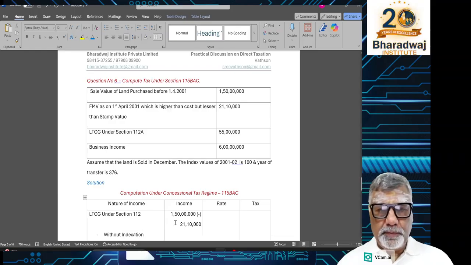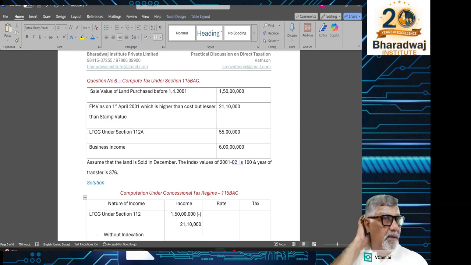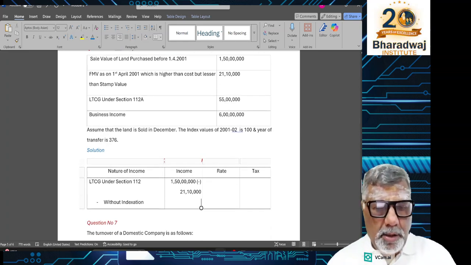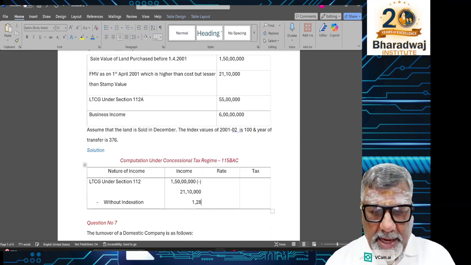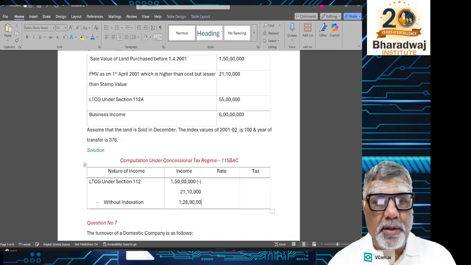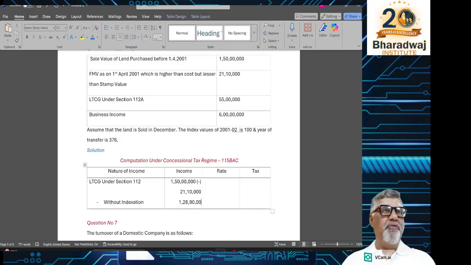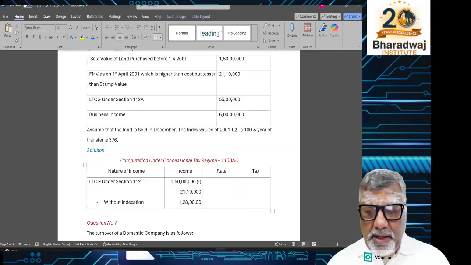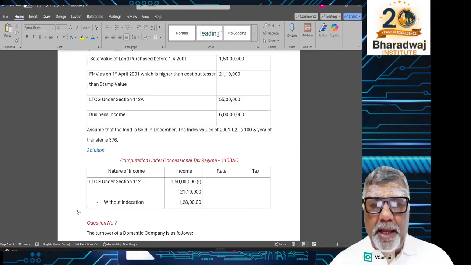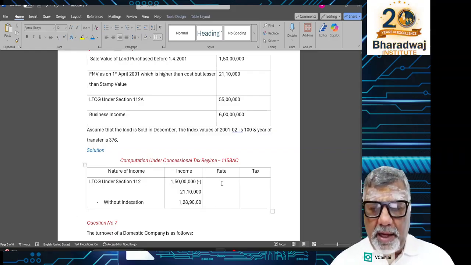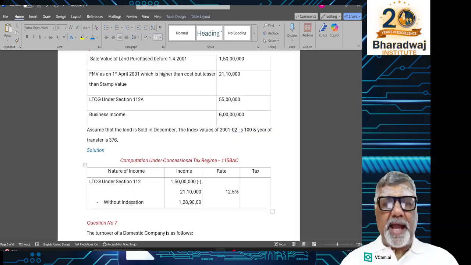What's my answer? 1 crore 28 lakh 90,000. If I opt for the rate at 12.5%, my tax will be,